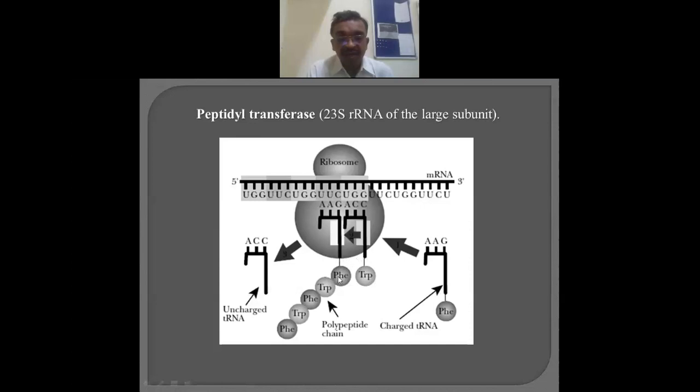Now the phenylalanine comes here. In that way it is continuously going, and these are connected by means of a covalent bond, peptide bonds, and these peptide bonds are formed by the peptide transferase, which is the RNA. So that's all regarding elongation. In elongation, the same thing happens. In this case there is no need of initiation factors, because the initiation factors get released.